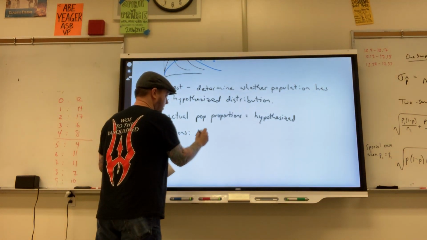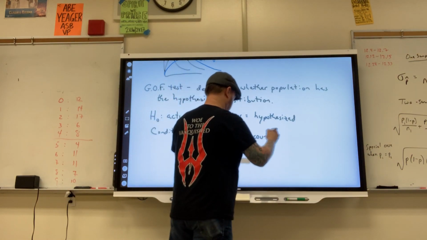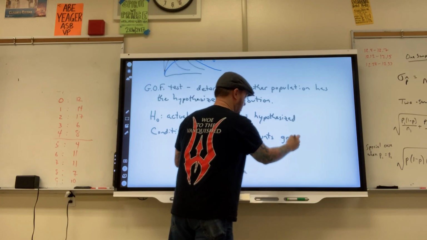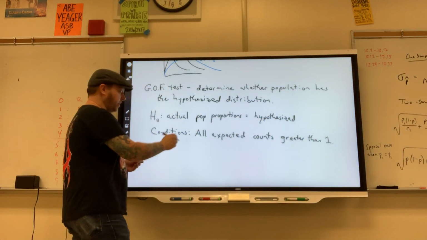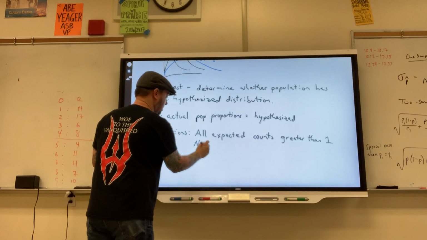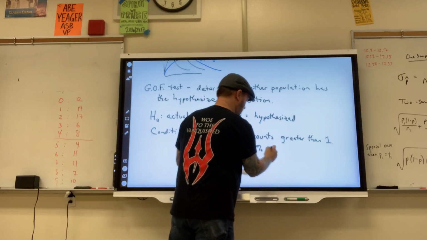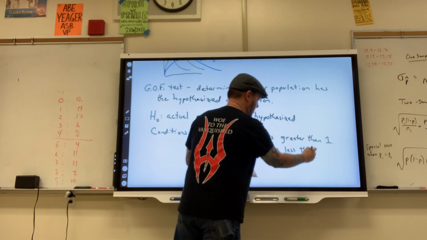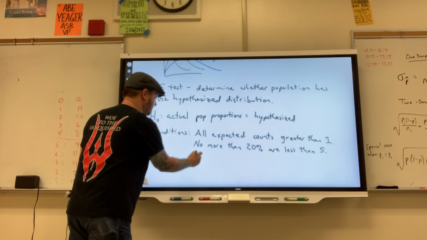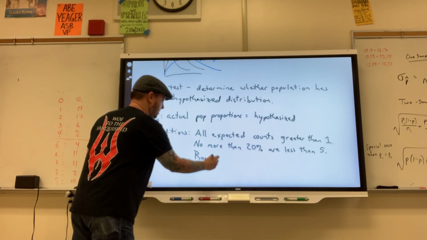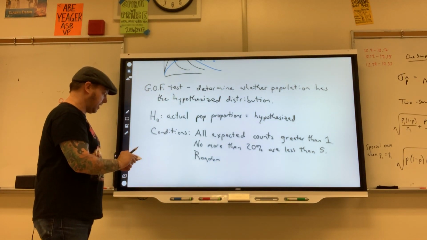Conditions. All expected counts are greater than 1. No more than 20% less than 5, and as always, randomize when you can. Okay? All right, so